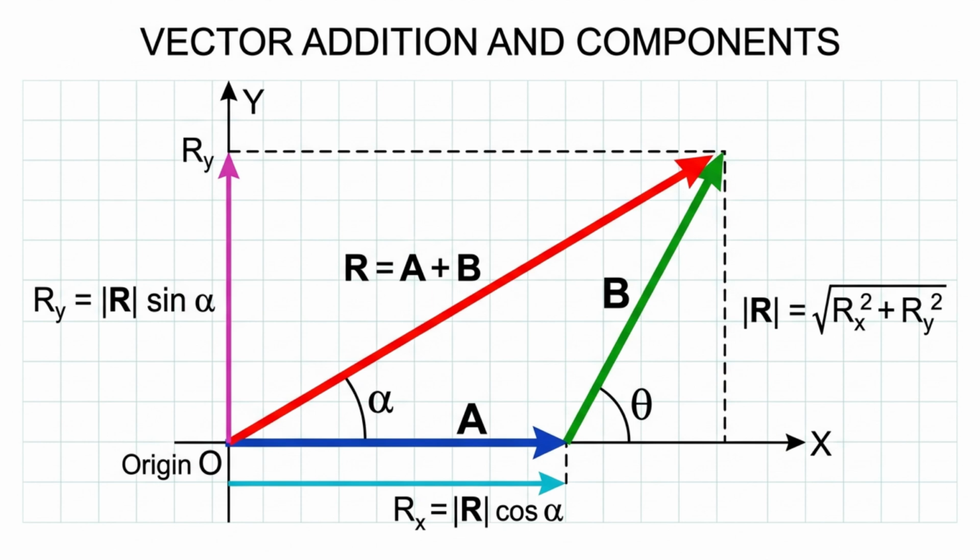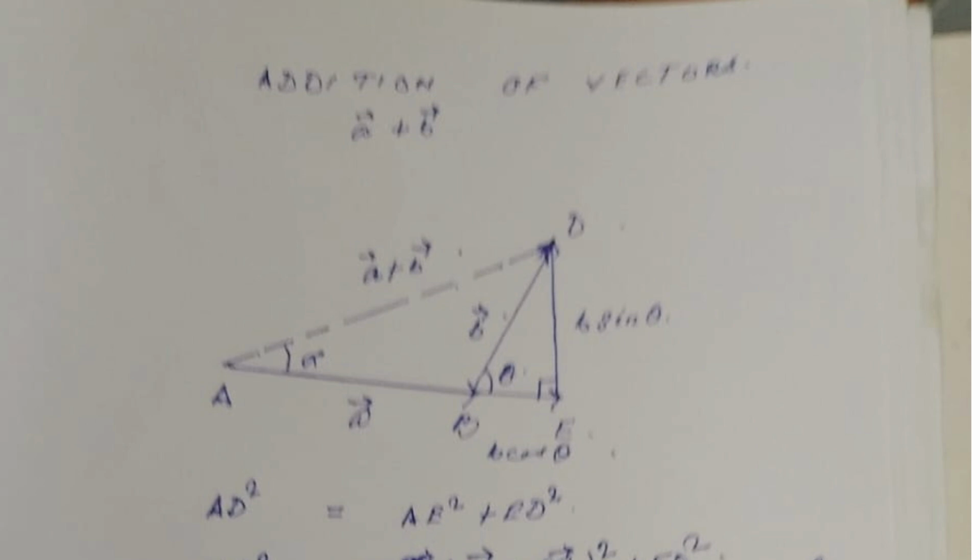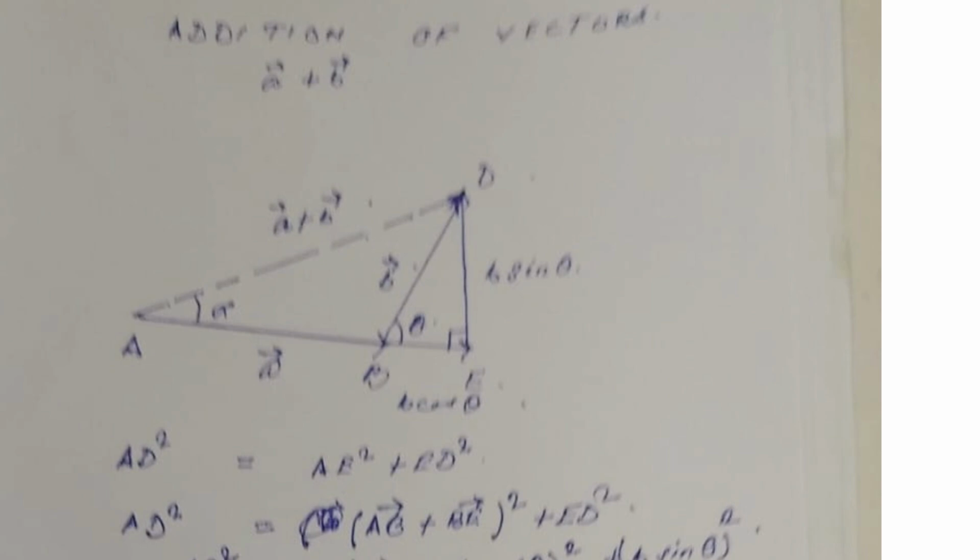Now, in order to add two vectors, we start from origin. That is from OA. So, this A is a vector lying exactly on the x-axis. Then I put B, which is exactly on the inclination of theta. Now, the resultant is from the origin to the end of that B vector. So, this is the resultant, A plus B. Now, trigonometrically, we derived, but what is A plus B?